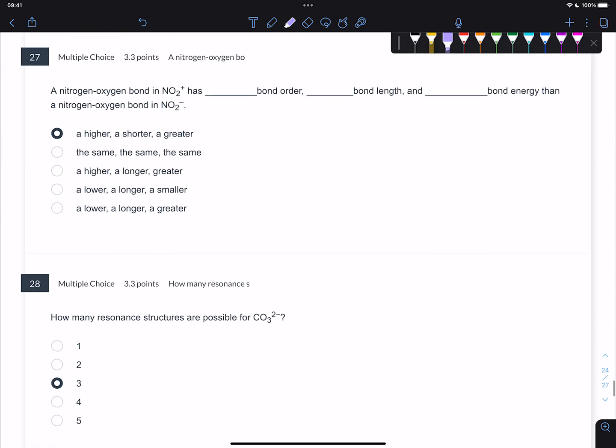27. A nitrogen-oxygen bond in the NO2 plus has what bond order, what bond length, and what bond energy compared to the nitrogen-oxygen bond in NO2? Well, you know it's probably going to have to happen. Draw it out. We drew out NO2 before. I don't remember what it looks like, but we can figure it out together. So it's 5 plus, there are 2 oxygens, so 2 times 6 for its valence. Don't forget to subtract 1, and that's basically 4 plus 12 is 16. So there are 16 valence electrons